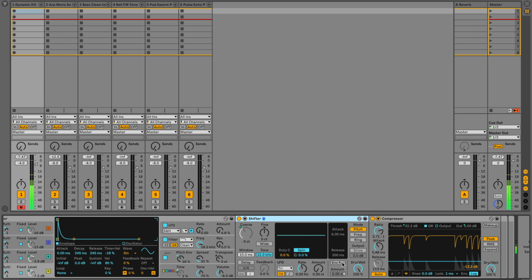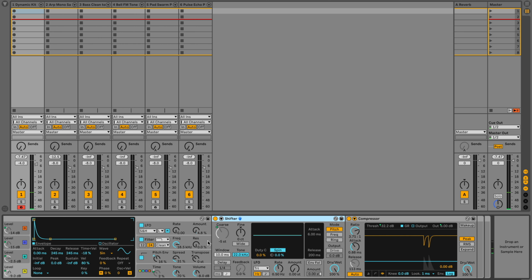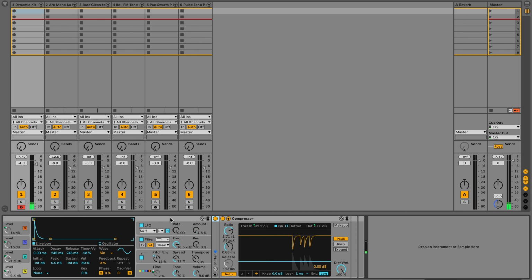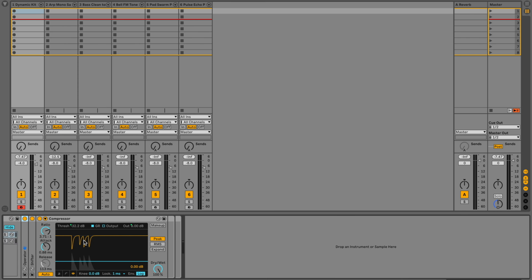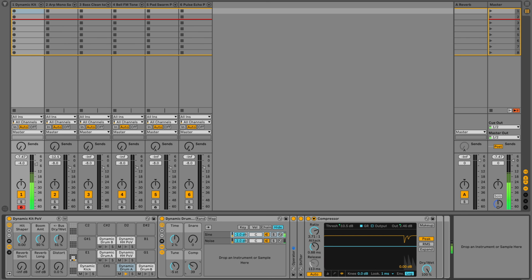It's the compressor. The compressor control controls the threshold and the output. Let me break these down a little bit so that you could see. And it should kind of work to adjust the output with the compression being applied so that your volume stays somewhat the same. It's not perfect, but